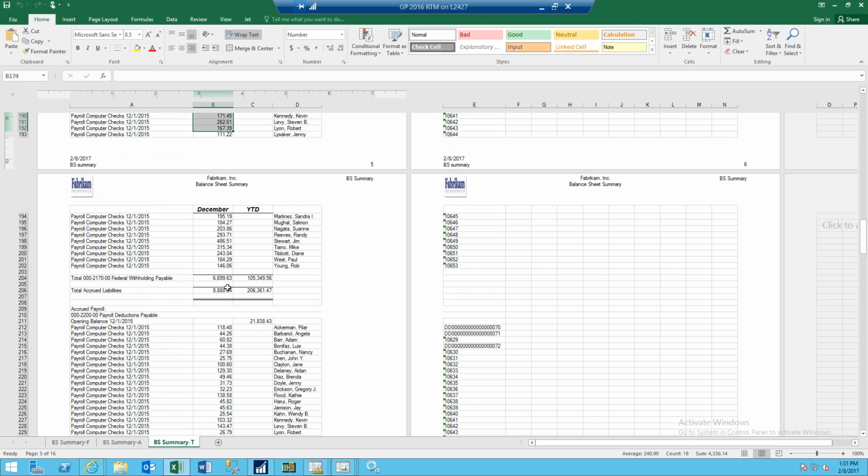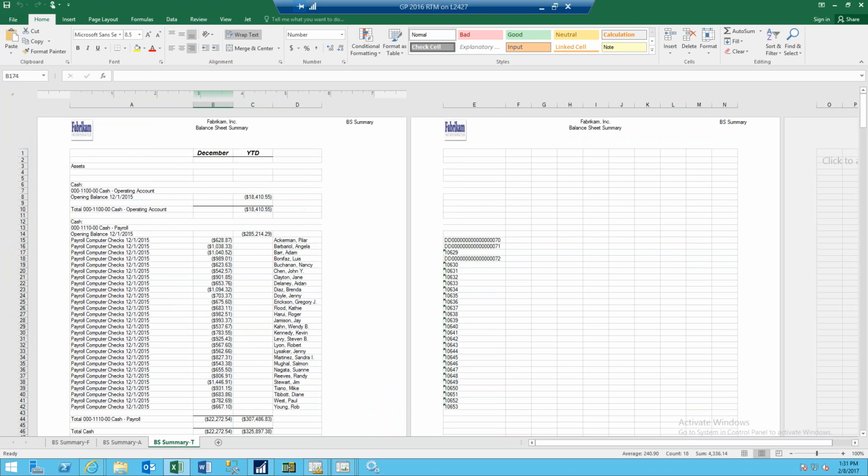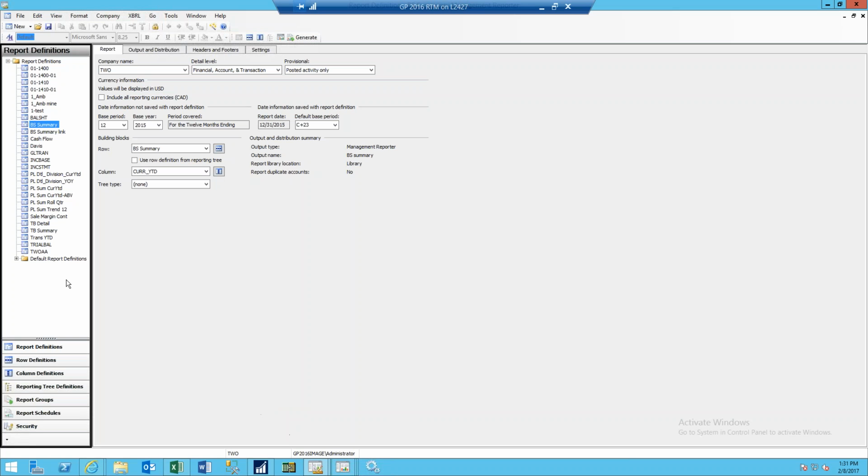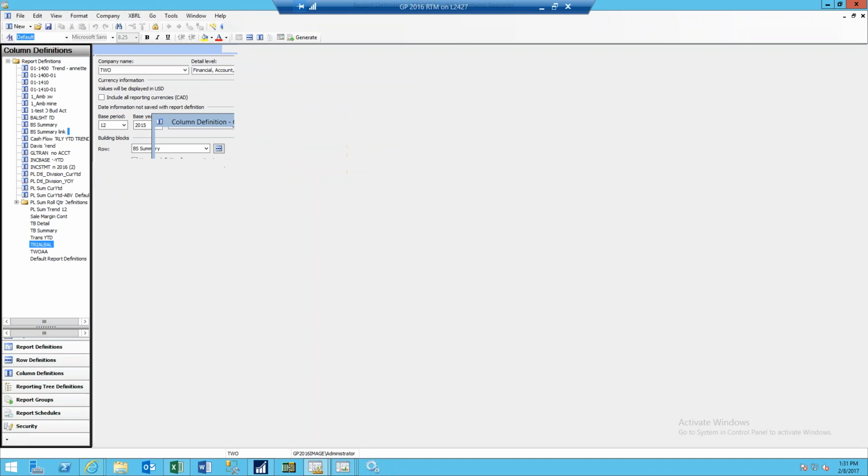This can be very, very handy if you need to give information to an auditor, if they need to be able to look at things. Think about if you needed to give trial balance kind of information. You can do a trial balance out of Management Reporter, and you can have it go all the way down to a transaction level. So it essentially becomes very similar to a detailed general ledger report that you would print. But now you have the ability to export it to Excel and have it be different levels: the financial, the account, and the transaction level. So if we come back over here and I actually run a trial balance,